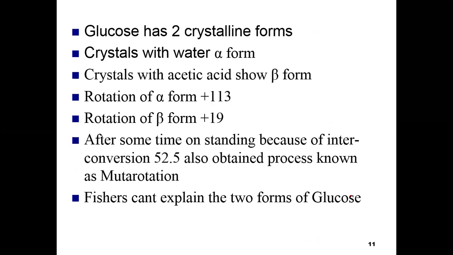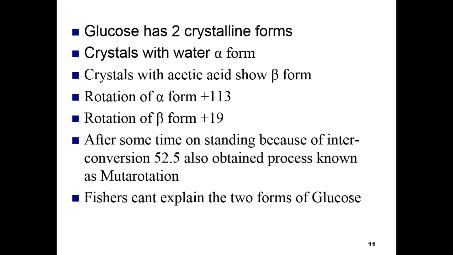Glucose has two crystalline forms. The crystals formed from water are known as the alpha form, while the crystals made with acetic acid make the beta form of glucose. The difference is in their rotation. The alpha form has a rotation of 113 degrees, or 112.9, rounding the data. The rotation of the beta form is plus 19 degrees. After standing together for some time, they may interconvert into each other, and the solution may contain 52.5